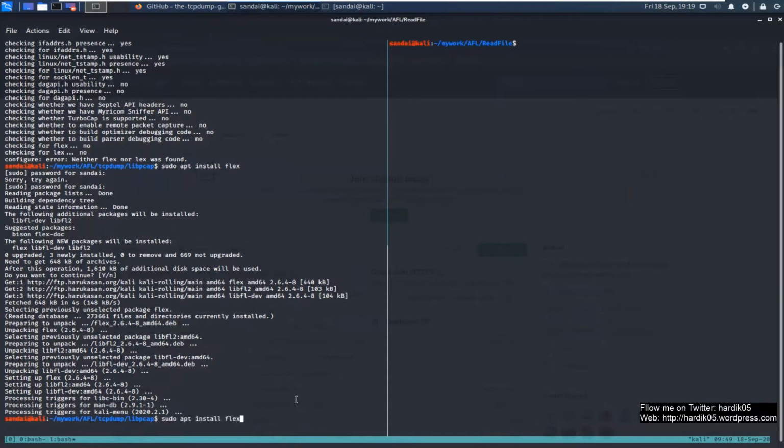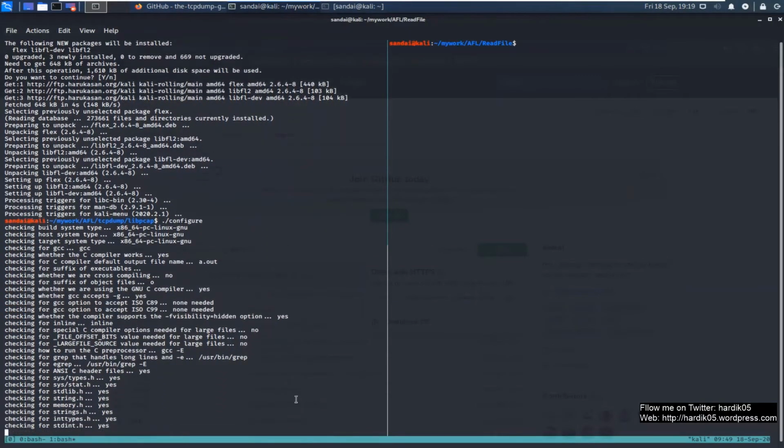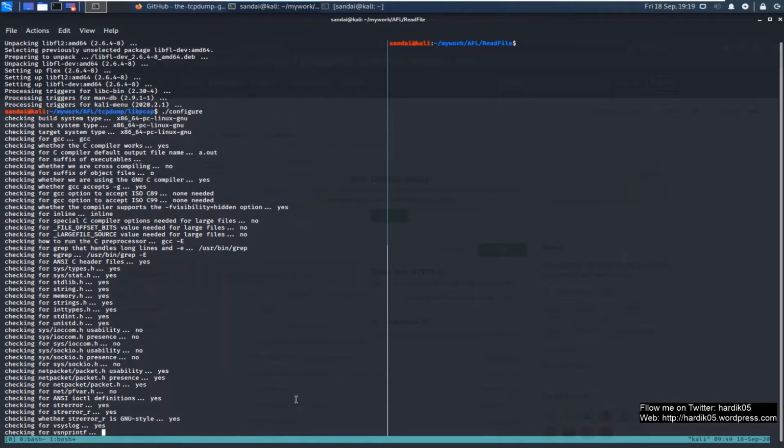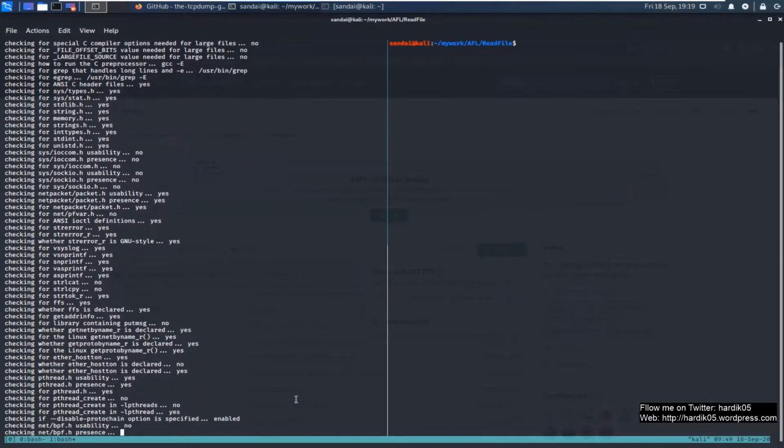Okay, and it has installed flex. So now let's again do a configure. Let's see if there are any more missing dependencies over here. Hopefully it should work now.